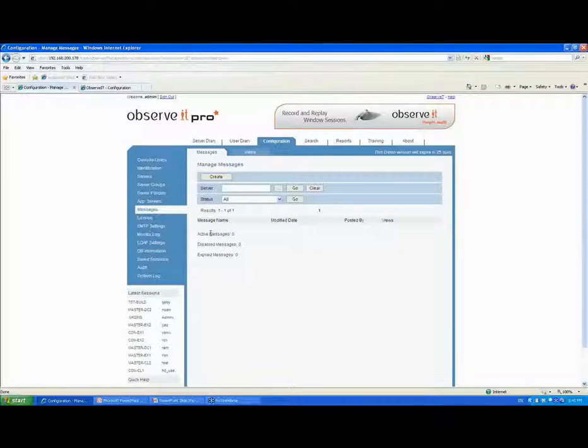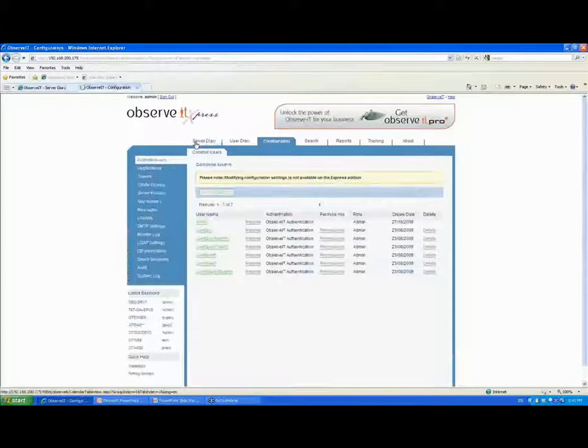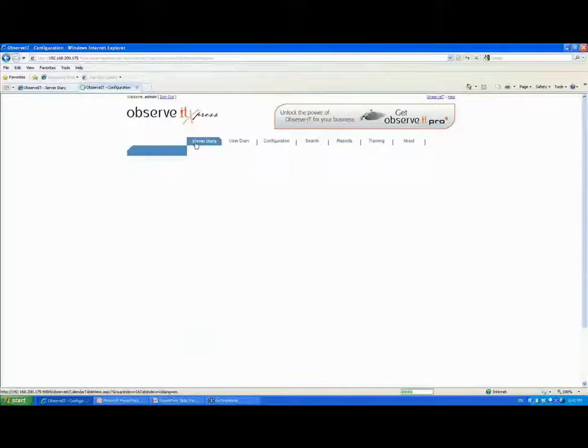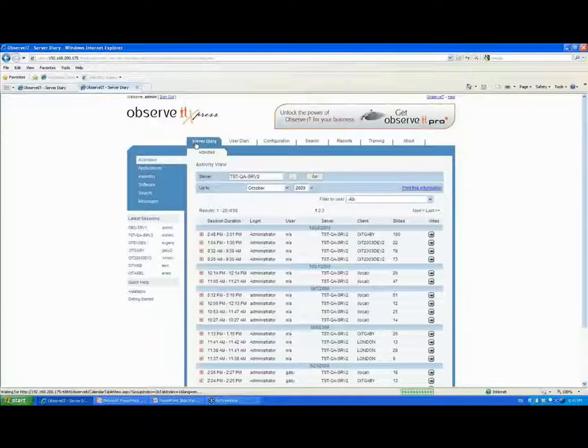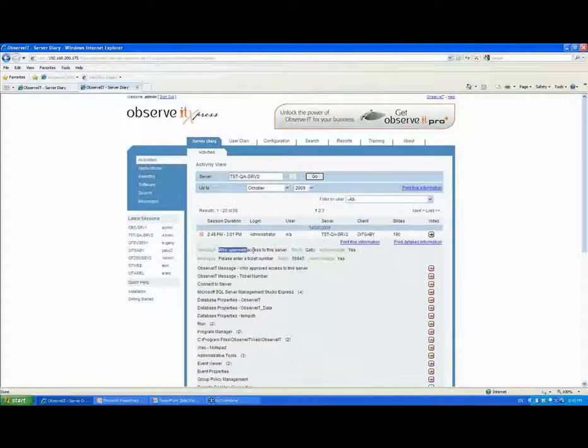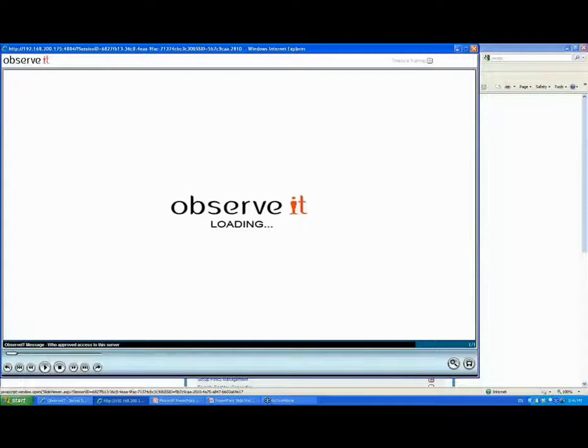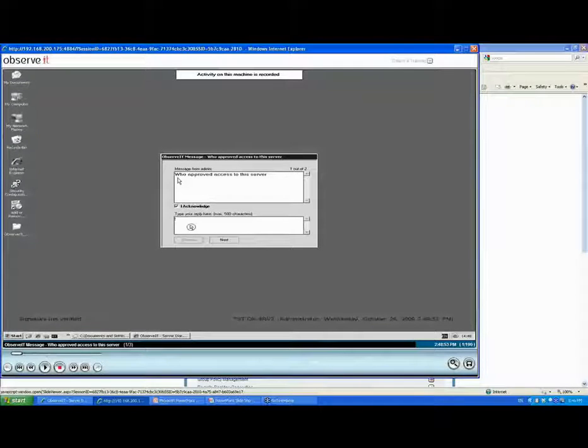The next thing is messages. Messages is a way for you to create a message and define that message to be sent to a server whenever somebody logs in. So for example, if you want to force somebody to enter a ticket number just after logging to Windows, you can do that using this message. Or if you want, for example, to let people enter who approved access to that server, you can do that using this message. And the way it looks is like this. So right after the Windows logon, the user will see the ObserveIT message, for example here, who approved access to this server. The user will need to type something in,